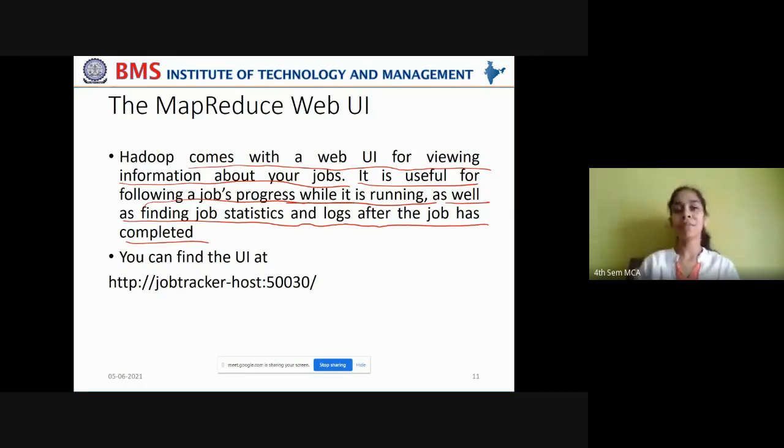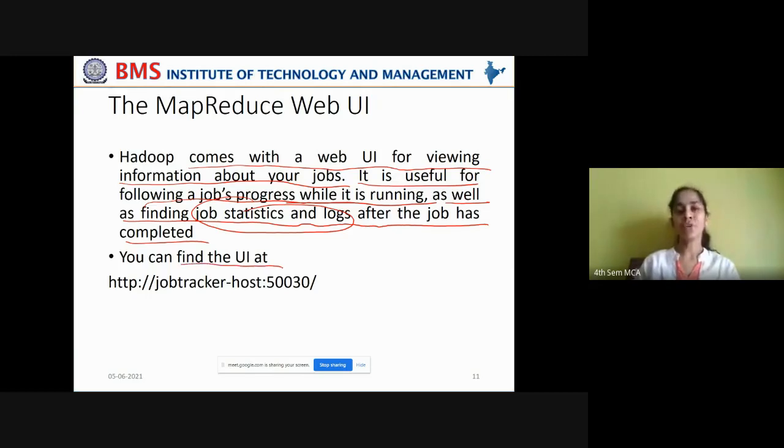Now, after one job is completed, if you want to know how many map tasks executed, how many reduce tasks executed, how much input is consumed, how many input splits are given to the map phase, how much data is consumed by the reduce phase, and what is the final output, to which file it is written, all these job statistics and logs will be available on this web user interface in order to know about the progress or execution of your job.